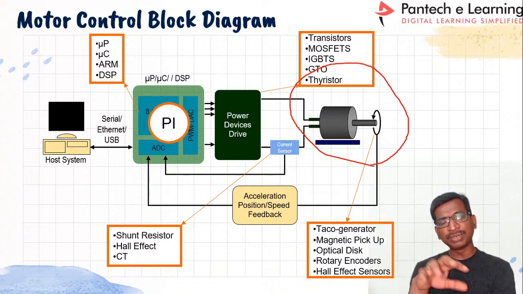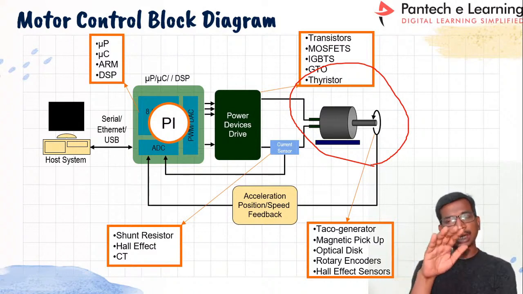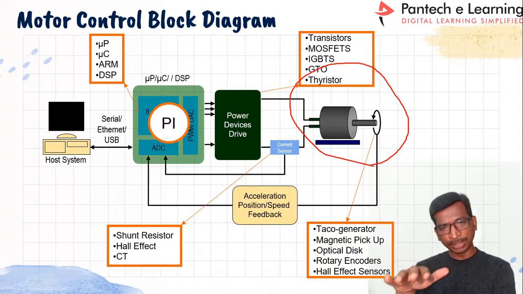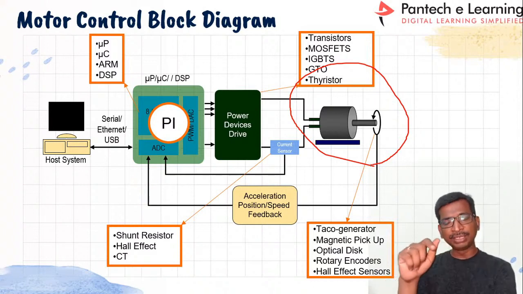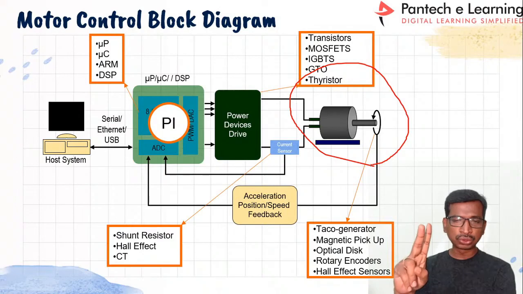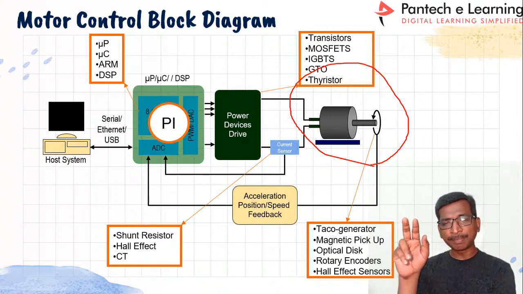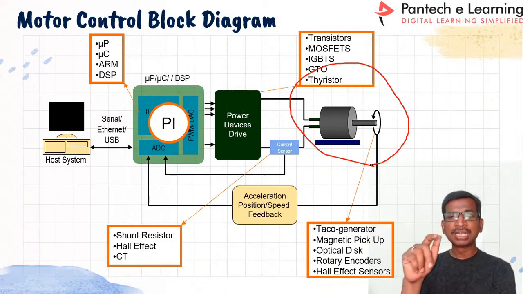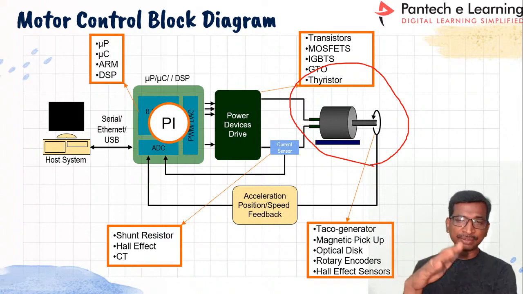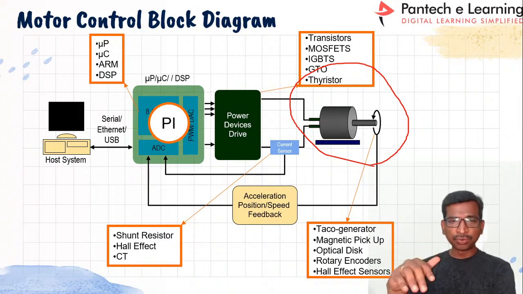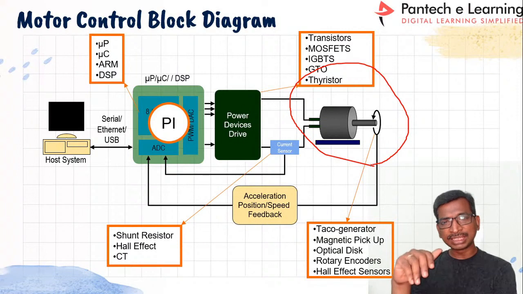in the computer we will develop an application code. So that application code will be downloaded to the microcontroller. So the microcontroller will do two tasks. One is that it will keep on monitoring the plant parameters, and based on the plant parameters it will generate a control signal. So now for what purpose are we going to use the sensors?